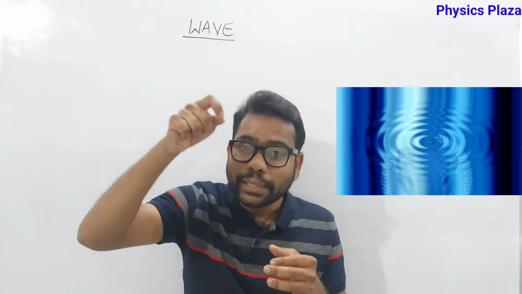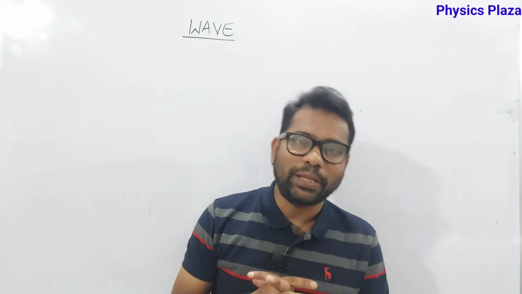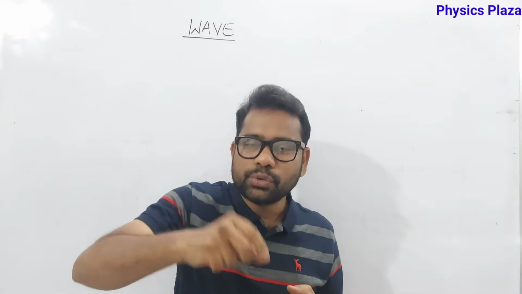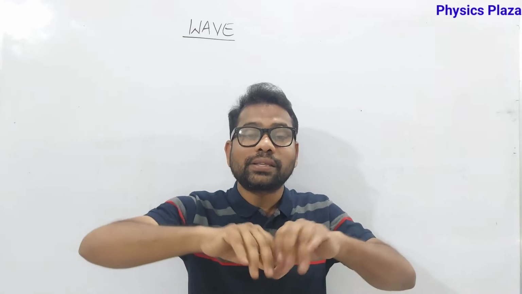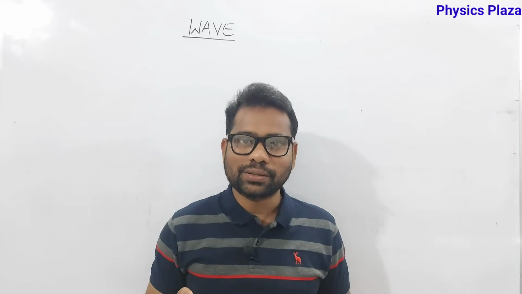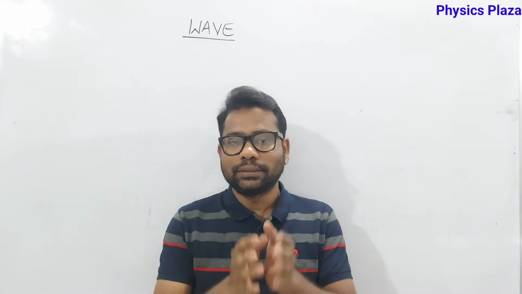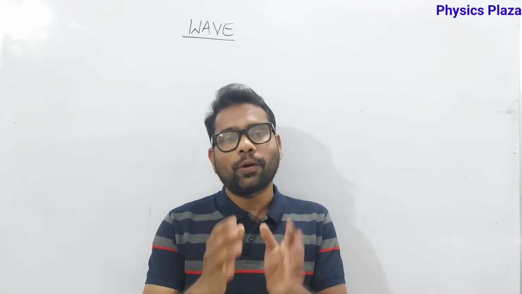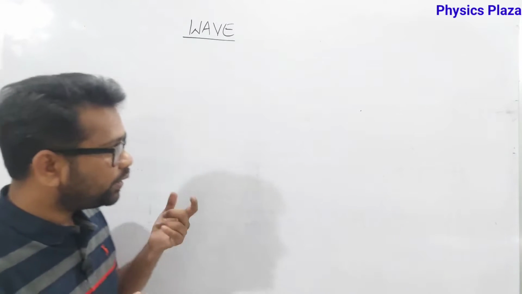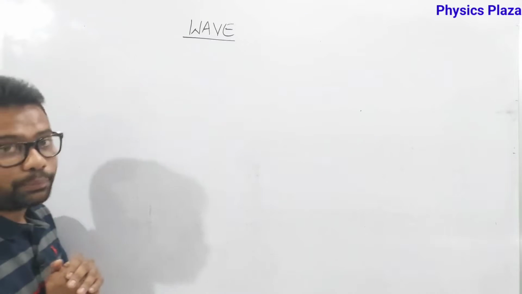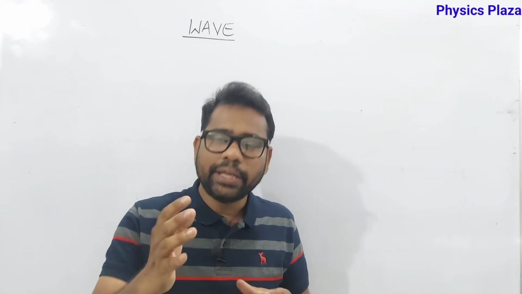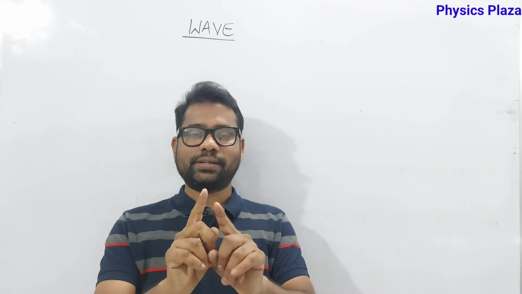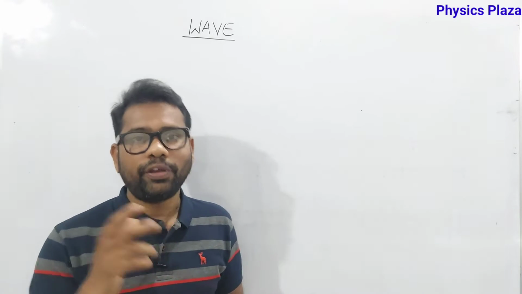Scientifically, the disturbance which we created in that water is the wave actually. Then what did we do? We created a disturbance. Is that disturbance staying there only? No. It is spreading. It is traveling in all directions with equal speeds. That disturbance only we can call a wave. Children, you can see the definition of wave on the board also. It's very important, children. What is a wave? Examination point is very, very important. The disturbance created in the medium which can travel in all directions with equal speed is called a wave.